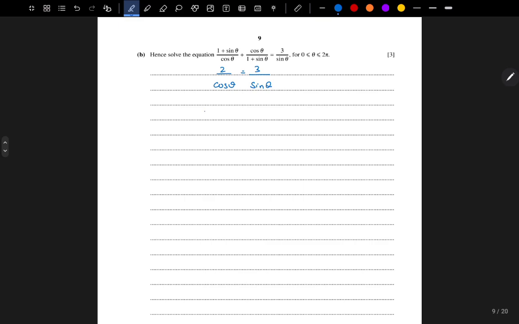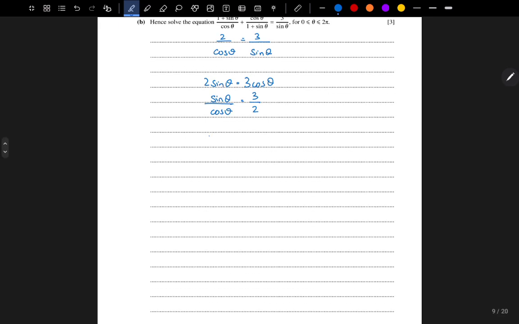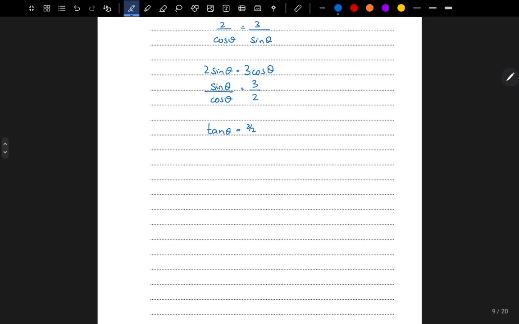Cross multiplying will give us 2 sine theta equals to 3 cos theta. Solving this further will give us sine theta upon cos theta equals to 3 upon 2, or tan theta equals to 3 upon 2, and